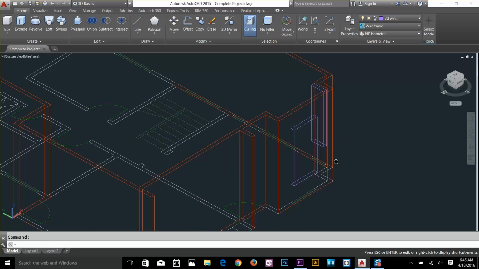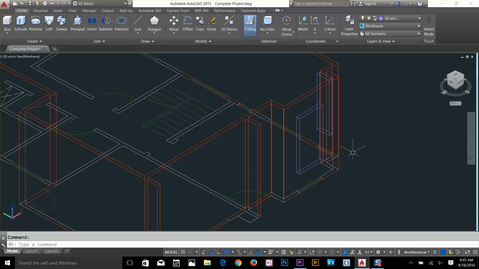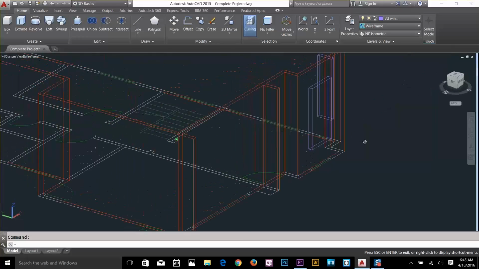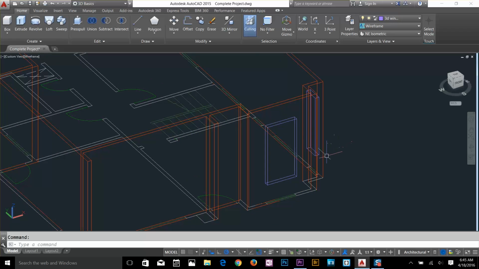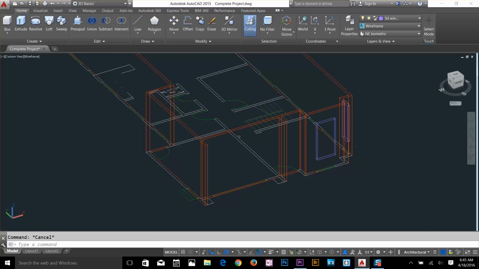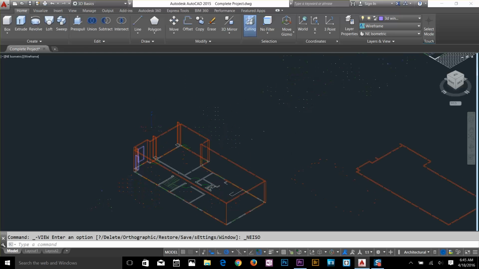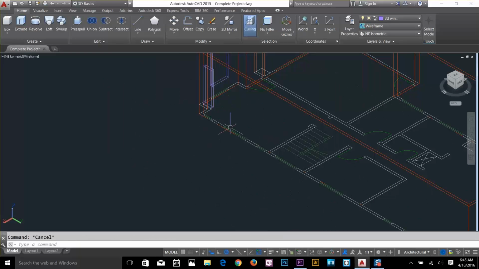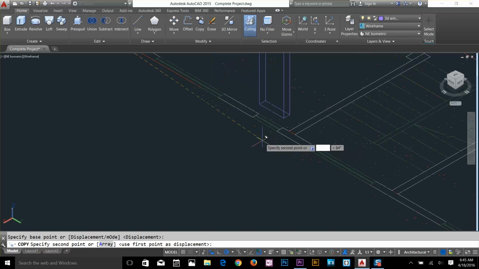So now I'm going to show you how you can move around in your 3D workspace. Hold the shift key and use your mouse wheel and just move around. Alright, so now what we're going to do is copy and paste all of these. So I'm going to use my NE isometric view, and I'm going to copy that,